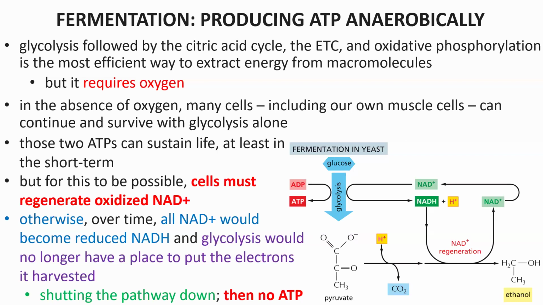And a few reactions overlooked here, reduced pyruvate becomes ethanol. And that's the ethanol that's produced in fermented spirits, like wine and beer, and even distilled spirits are first fermented. So that's the ethanol that we drink as alcohol. But the purpose of that was not to make ethanol. The purpose of that, from the cell's perspective, was to just dump the electrons on NADH somewhere so that NAD+ could be regenerated and glycolysis can continue, because it's glycolysis that's keeping the cells alive.